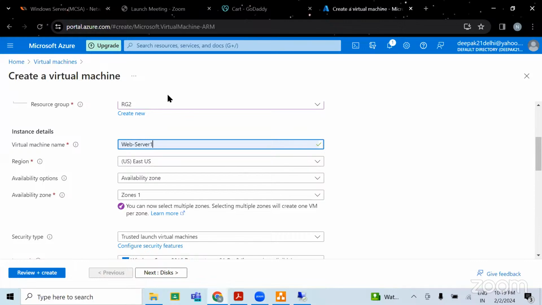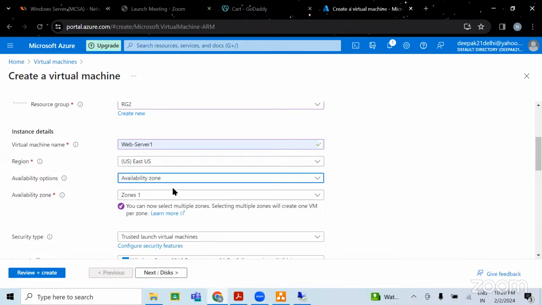Okay, so to understand this thing, obviously you should be aware of servers, you should be aware of the concept, and then only you will be able to grab the features which are available on cloud. All right. So east to west and then availability zone.